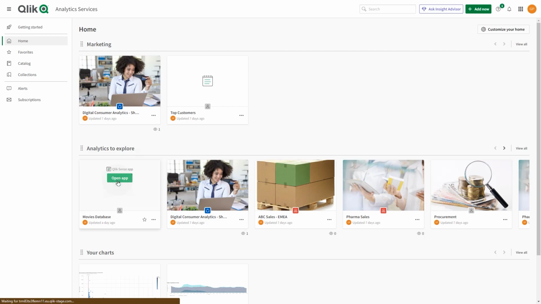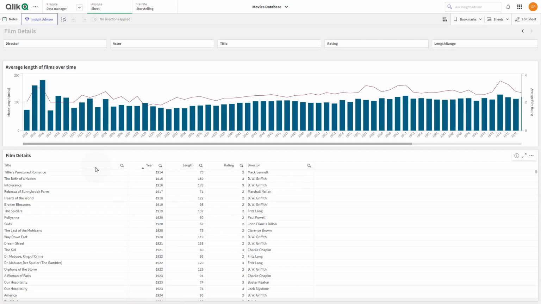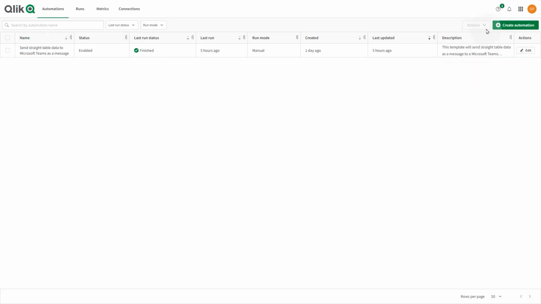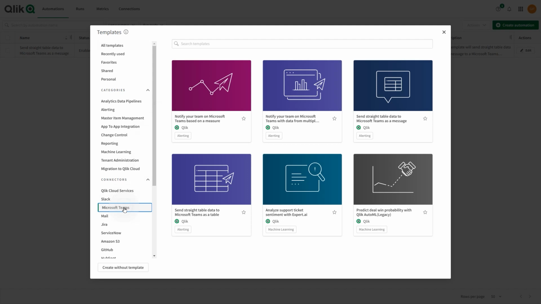In this video tutorial we will demonstrate how to create an automation that sends data from a straight table to a Microsoft Teams channel as a message. To get started, navigate to My Automations and click on the Create Automation button. In the Connectors tab, select Microsoft Teams and then choose the template Send Straight Table Data to Microsoft Teams as